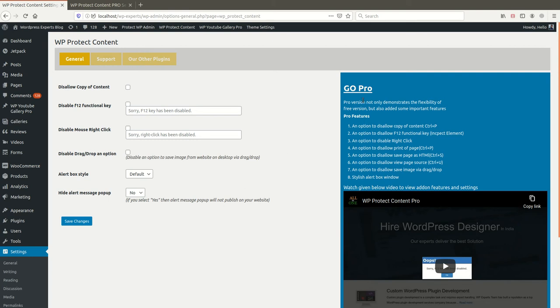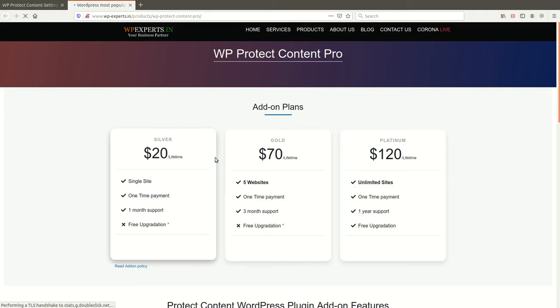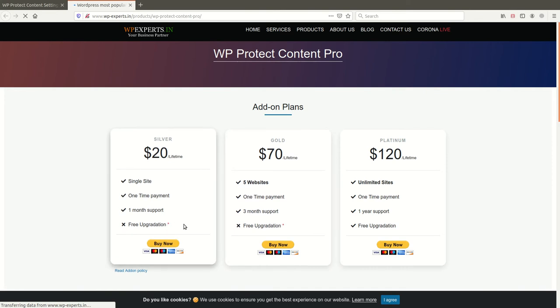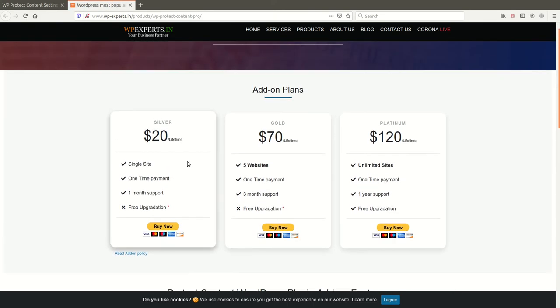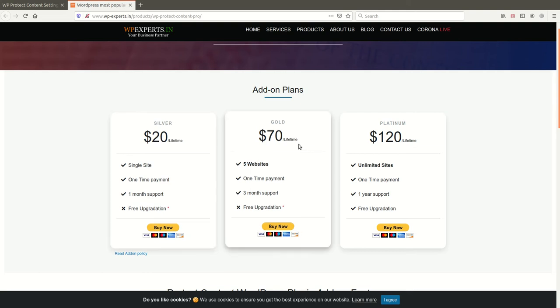You can purchase our add-ons from our official website. We have given the link here. These are the plans as per your requirement. The silver plan is for a single website. If you want to use it on more than one and up to 5 websites, you can choose the gold plan.